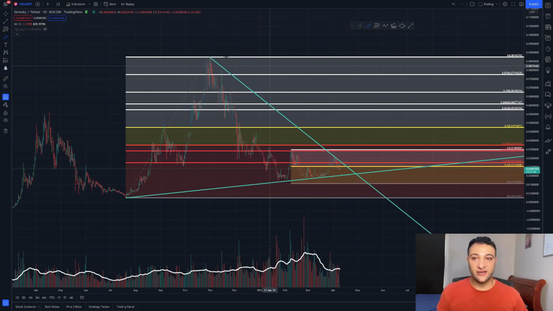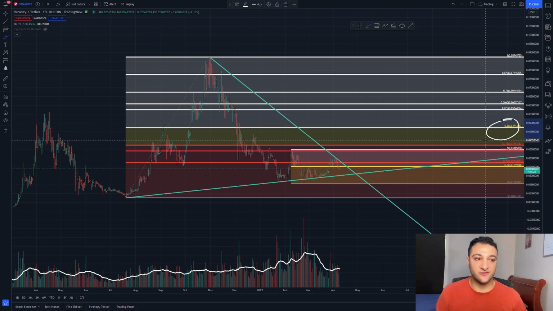First of all, let's have a look at the major retracement areas. So that would be these numbers here. Now, obviously we have a big downturn from the high that we put in. A lot of cryptos have done that. That's nothing new to Verasity, but I don't like it because we have dipped a little bit too far below. More on that later. So where do I want to see long-term where Verasity would go?